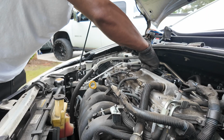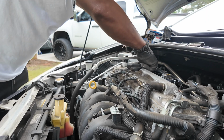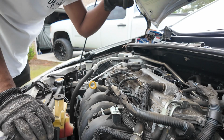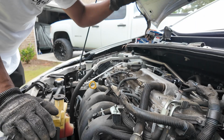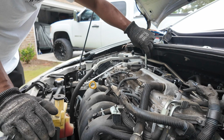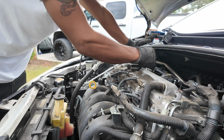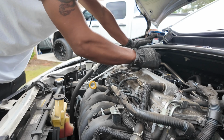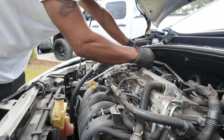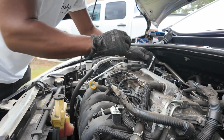And we're gonna put the plug down in the hole. I like to not drop it down in there, but just ease it down so it doesn't drop and hit the tip, because if you hit the tip you could dent it, and what that does is close the gap, so you'll get a different spark. The spark won't be how it's supposed to be from the factory. So drop that down in there, hand tighten it with your hand,